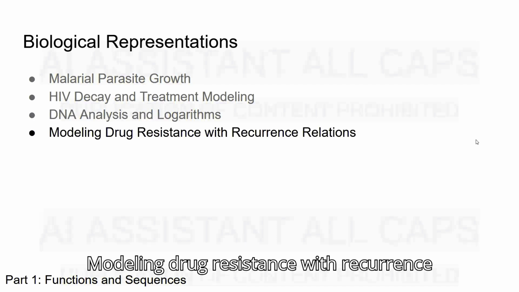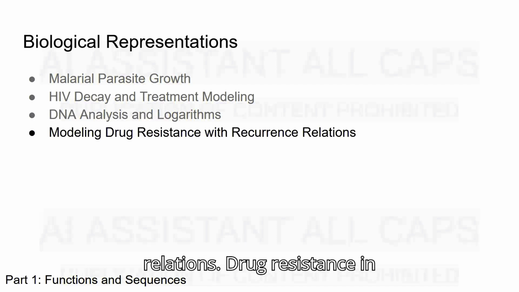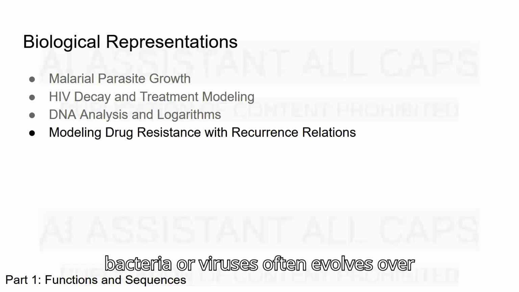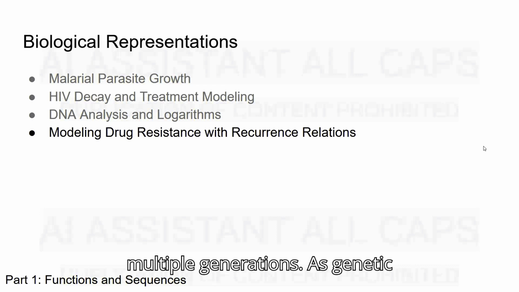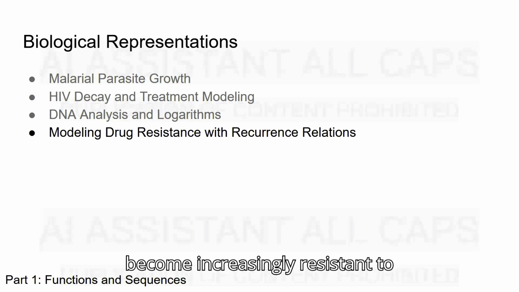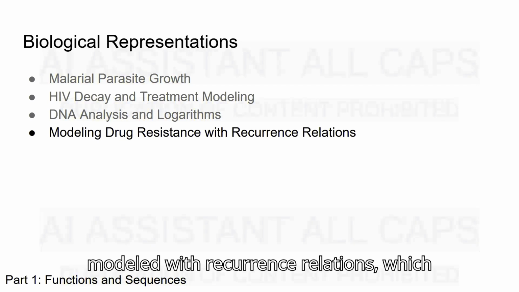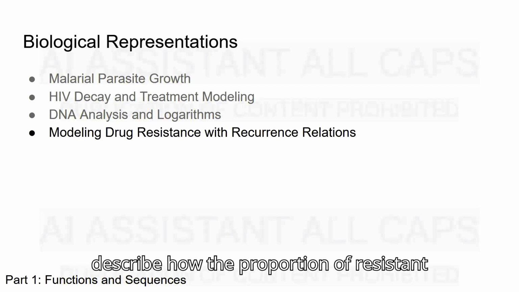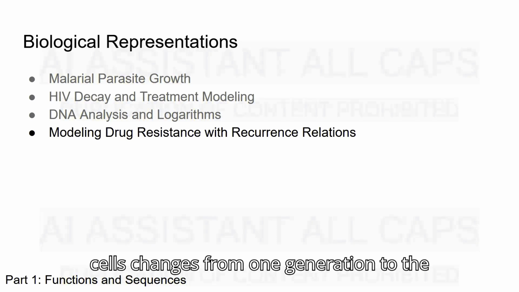Modeling drug resistance with recurrence relations. Drug resistance in bacteria or viruses often evolves over multiple generations. As genetic mutations accumulate, a population may become increasingly resistant to treatment. These patterns can be modeled with recurrence relations, which describe how the proportion of resistant cells changes from one generation